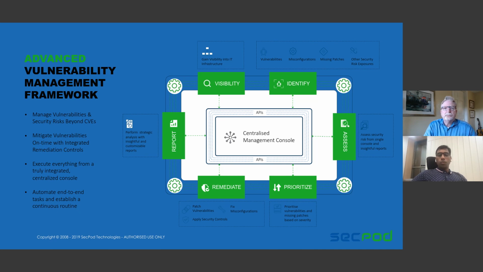So this entire framework is within one single solution. We call it a cyber hygiene platform. It brings together multiple use cases that we talked about into one single console, provides visibility into the entire IT infrastructure, and identifies different kinds of vulnerabilities, from software vulnerabilities to misconfigurations to asset exposures. It also checks whether the security controls that we have deployed are functioning well or not, and then helps you with an assessment and prioritization